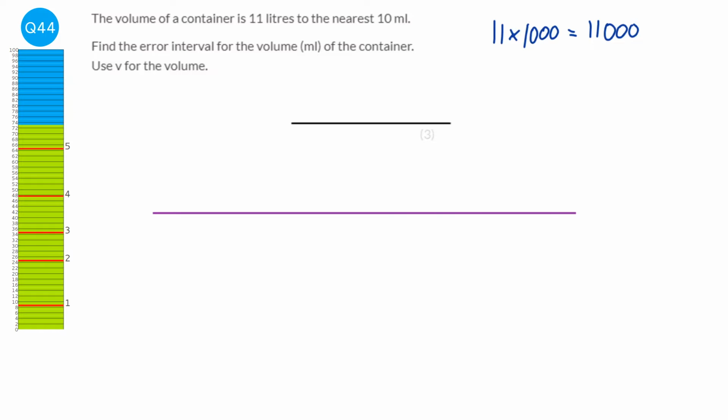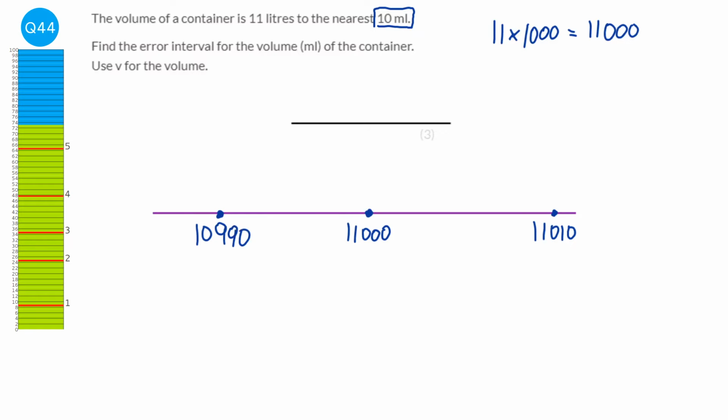And we're going to have the 11,000 in the middle. Now, what would be the next one down if we're looking at to the nearest 10 mil? So we're going to add a 10 mil on, which will be 11,010, and we're going to take the 10 mil away. So 11,000 take away 10 mil will be